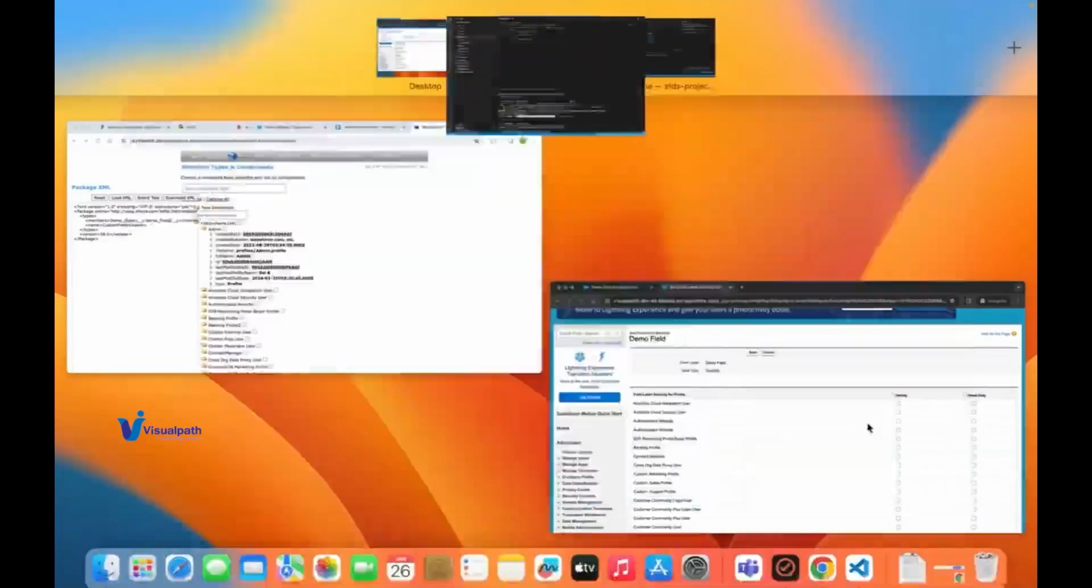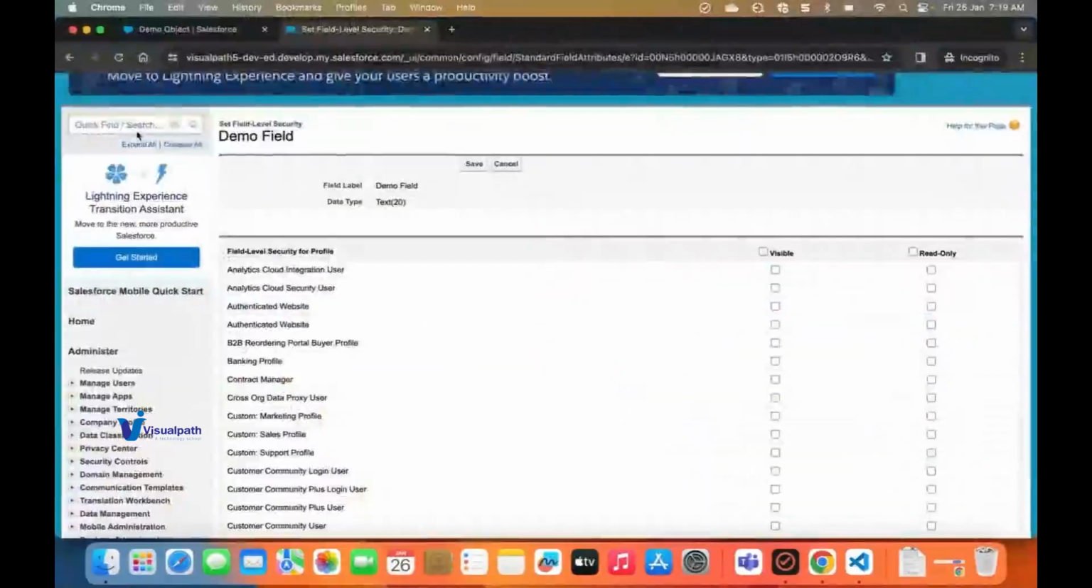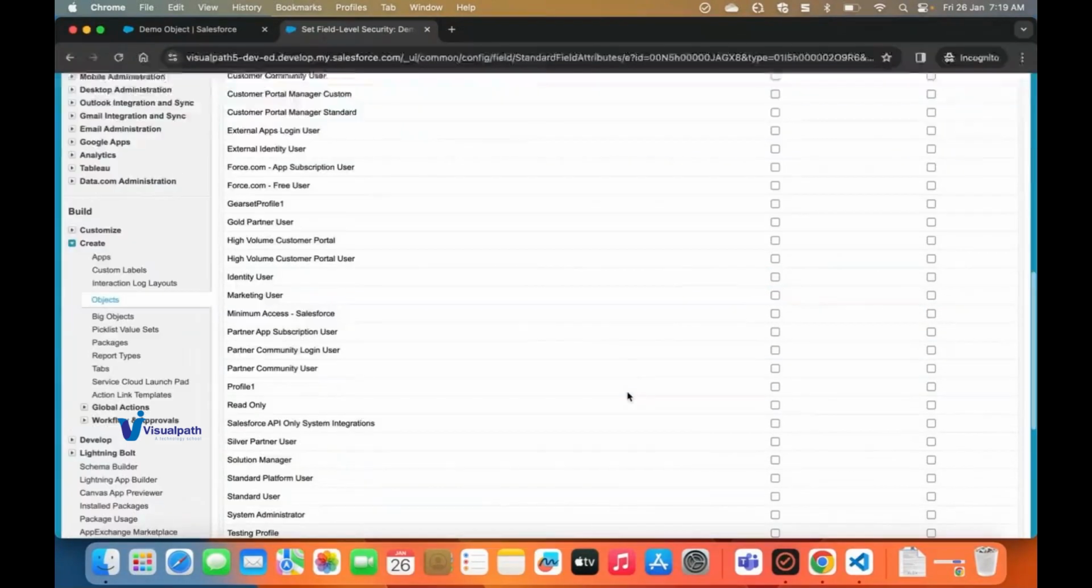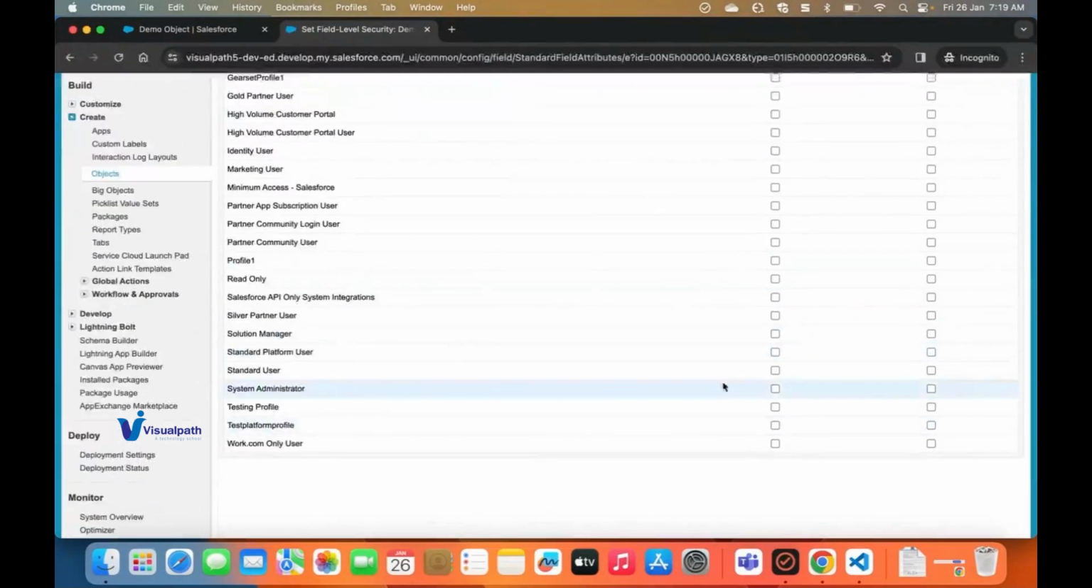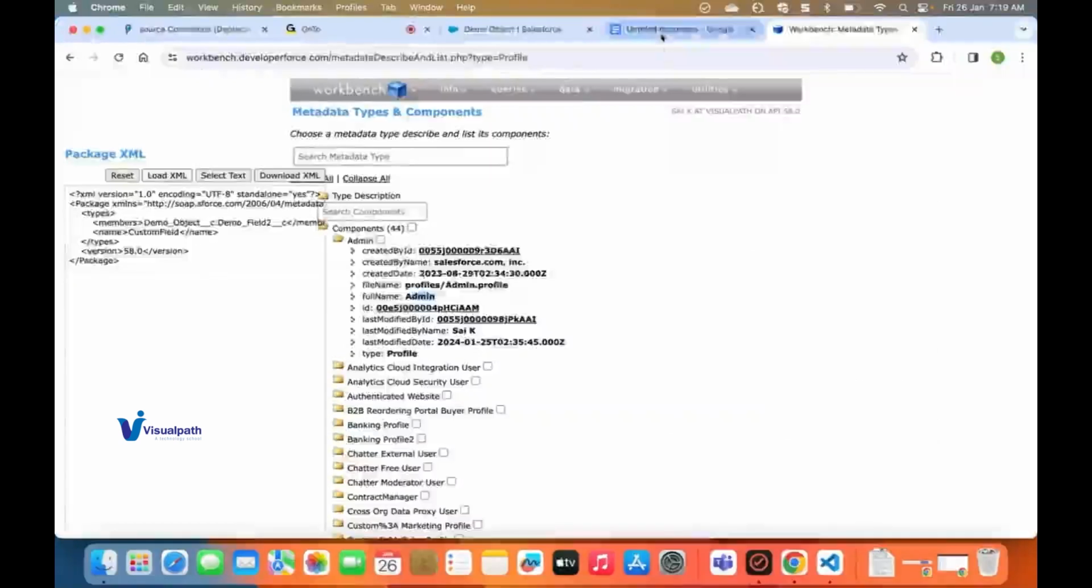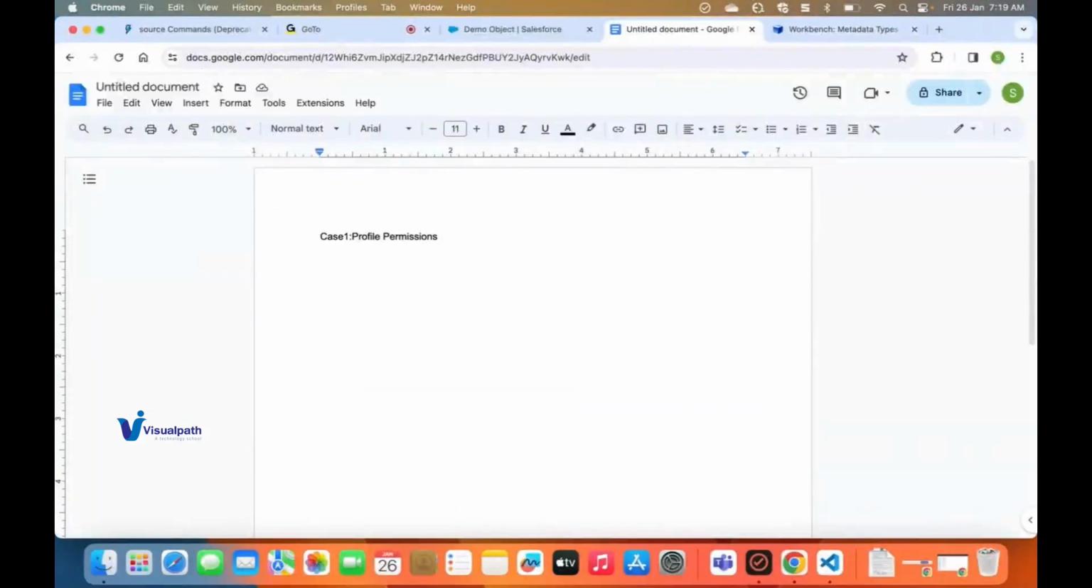If I now go to QA org and refresh this page, okay, even now I can't see the profile permissions got updated. The reason for this is, whenever deploying profile permissions, you should keep a couple of points in mind. How profile deployments work is, when you specify package dot profile in package dot XML